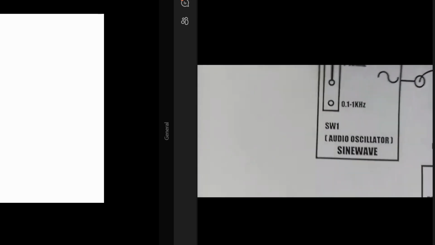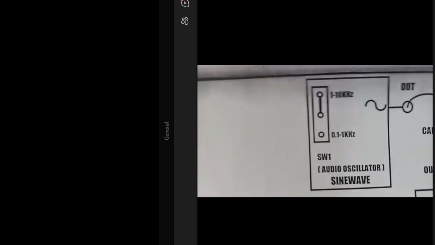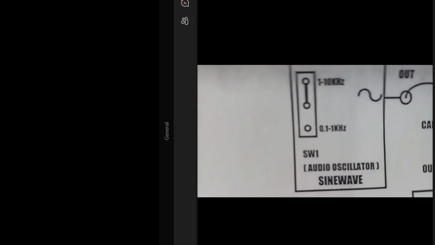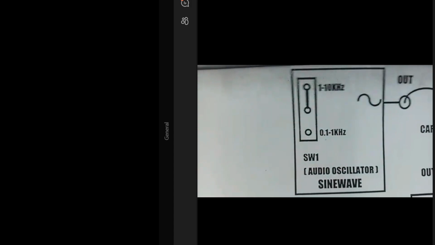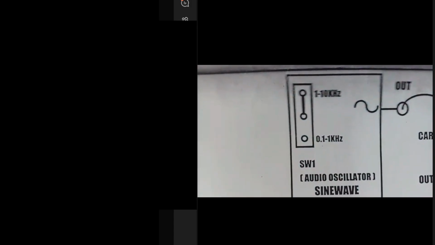But if you want an oscillator that can generate signals of more than one frequency, then it is a voltage controlled oscillator. Now, why the name voltage controlled oscillator? Because if it is able to provide you signals of more than one frequency, then definitely some control is required to select which particular frequency you want to generate.